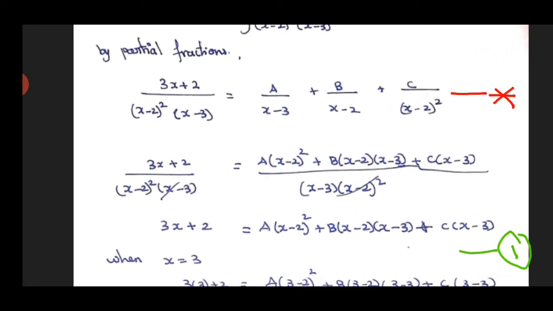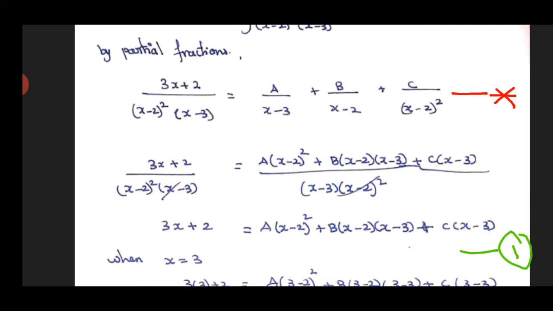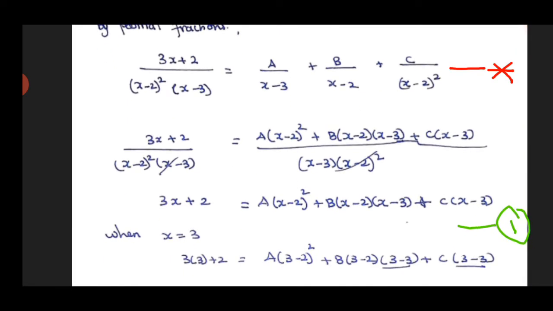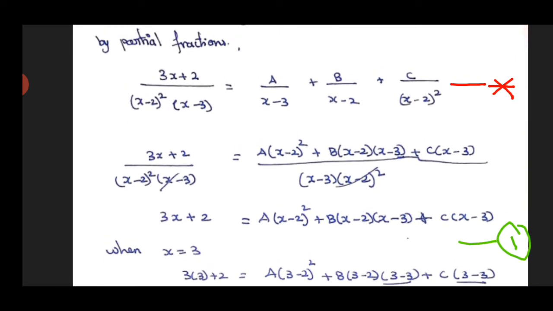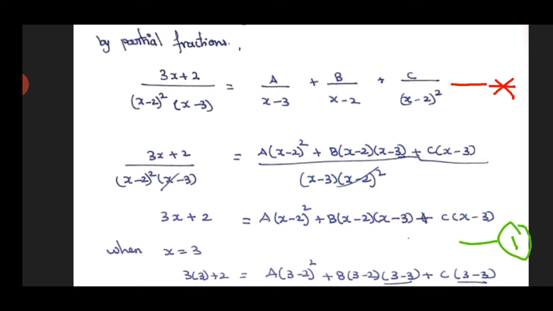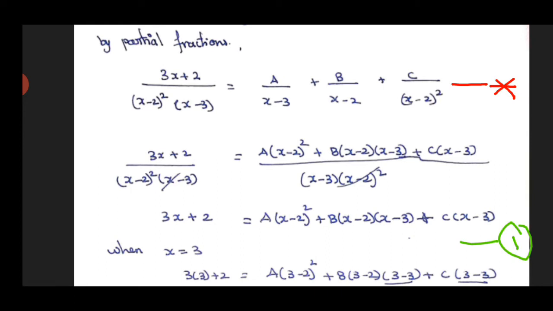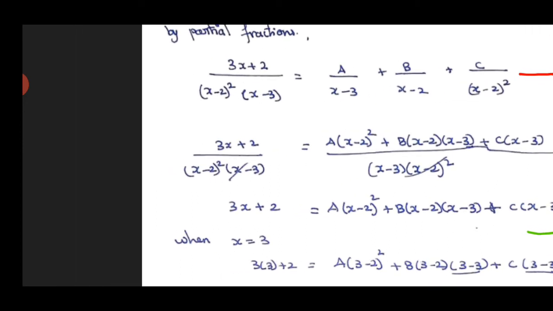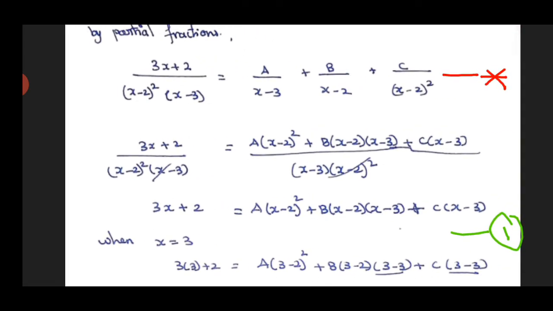Now the star-marked equation on the right side is the equation format we need. In this form only we are going to decompose the given question. So we have to find the a value, b value, and c value. This equation is the important one, so I have marked it in red. Now for the right side of the equation, we have to take the LCM. The denominator is nothing but the denominator of the left side, (x − 2)²(x − 3). You should get the same on this side.